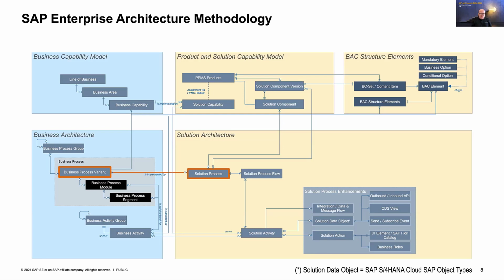In SAP Cloud ALM, we focus very much on the process perspective, and as we are doing implementation projects, we are focusing very much on the yellowish area. So the core concept for us in Cloud ALM is a solution process, because this is something we can implement. This is something where we can talk about transports. This is something where we can talk about executables I need to implement. This is where I talk about concrete configuration. This is something I can really do in the system. So this is the core of our Cloud ALM activities.